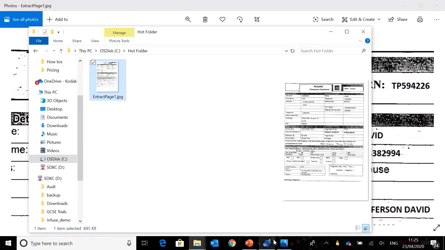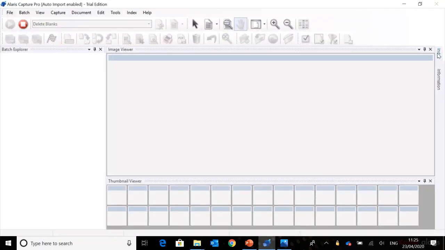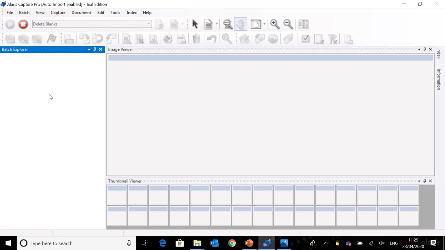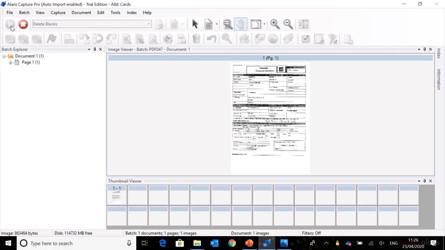So I'm going to drop that extract in there and then go over to the Capture Pro screen. Now you can see we've got a basic job set up here and we're just waiting for the documentation to come in. And once that comes in, the first thing that Capture Pro will attempt to do is read the actual information from the QR code. So we can see here we've now brought the document in, and if we stop the scanning and zoom in a bit,